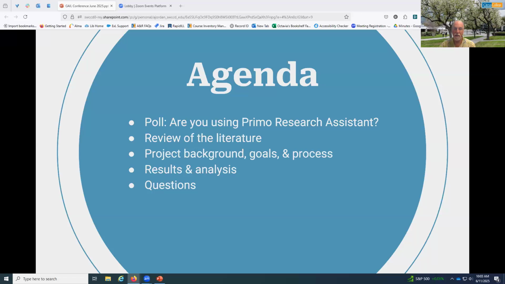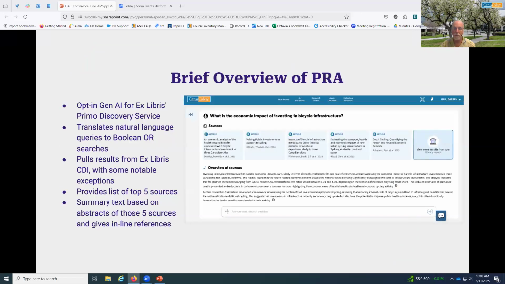I'm going to launch that now. And just go ahead and put in your response to what is the status of Primo Research Assistant at your institution. And as those results are coming in, let me just give you a little bit of a background about Primo Research Assistant. I'll often just abbreviate it to PRA. It is an opt-in generative AI tool that is part of the Primo Discovery service.